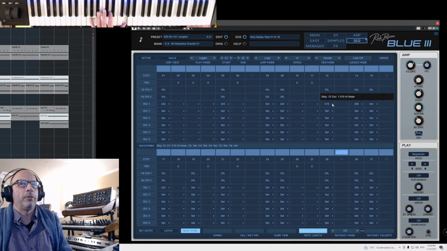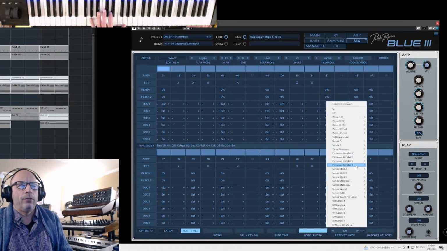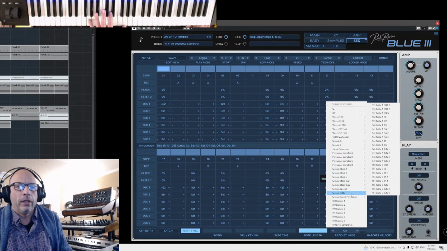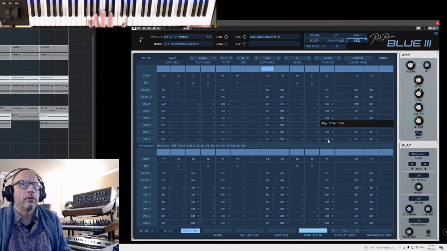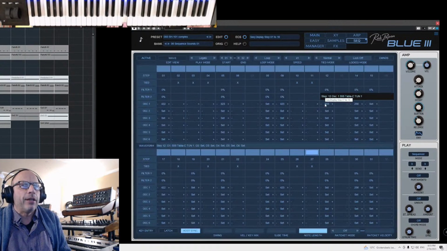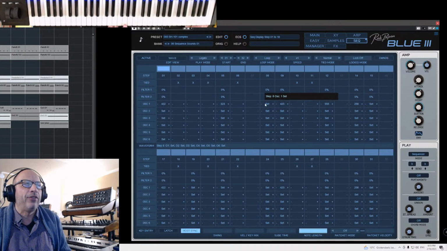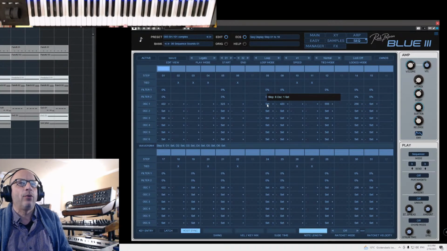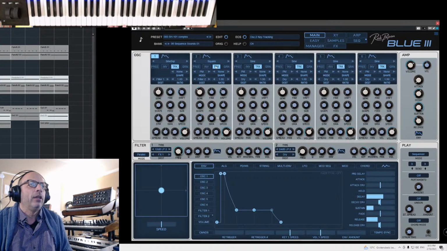That noise is a little bit ugly, so I could use something else there. Hit a tabla. Well, if the step has the value set, it means that it uses the waveform which is selected in oscillator 1. So in oscillator 1, sine square is selected. So if I change that one,